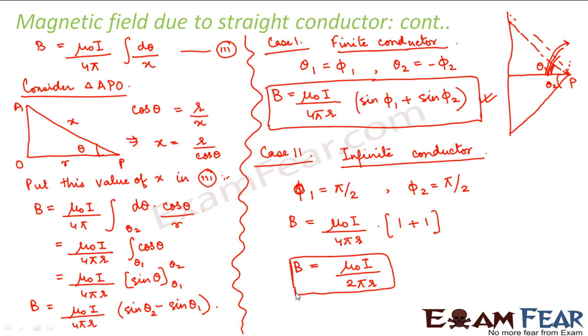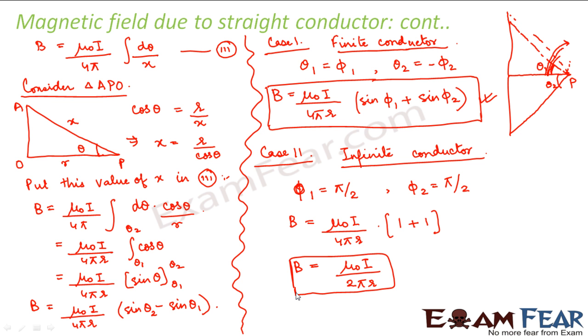So you might have questions related to such a conductor, where you are given a conductor and you have to find out the magnetic field at some point. So you have to apply these formulas. The reason I told you the derivation is, if some other type of question is given where you cannot directly apply the formula, in that case you can follow the same approach. And if you have a problem where you can directly apply the formula, you are free to do that.